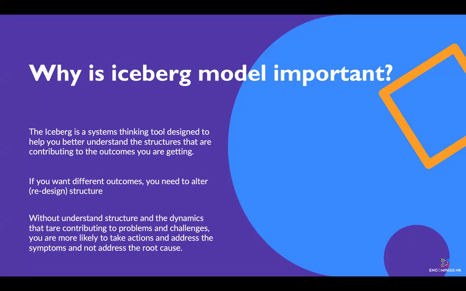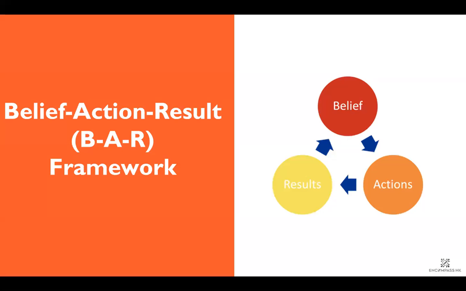So that's one model. And another model is the belief-action-result framework. Belief can be your belief system, and it affects your action. So for example, if you believe that eating organic food is good for you, then you will take the action to purchase more organic vegetables and products. And the result is,